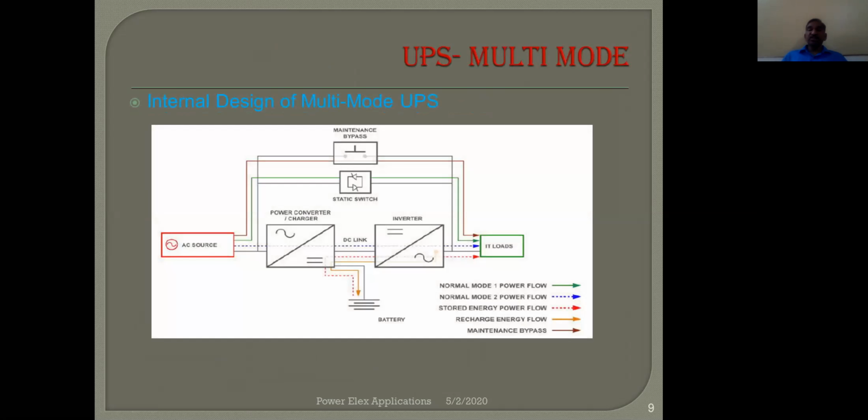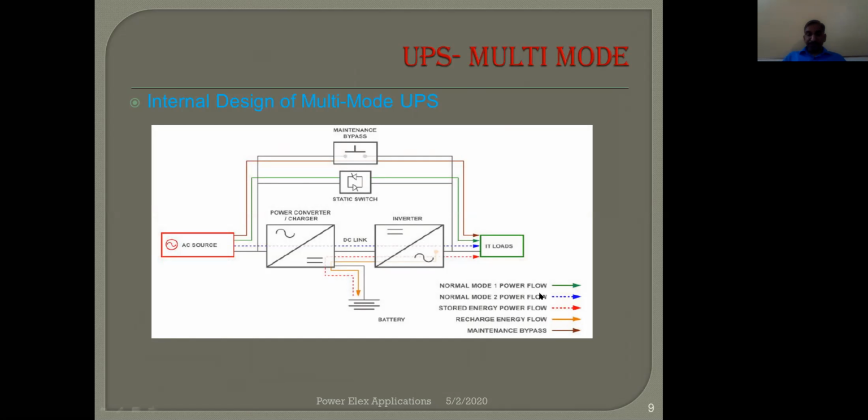And the UPS decides whether it shall go in double conversion now or line interactive will do. So we can see a few blocks which are there in line interactive as well as in double conversion, and an additional arrangement of a maintenance bypass. Means if the inverter fails as well as the static bypass fails, you need to supply power. So you can use maintenance bypass in this emergency. Or when you want to put this system under maintenance, then maintenance bypass is used.